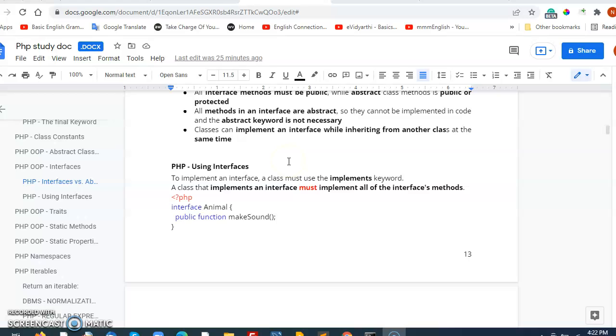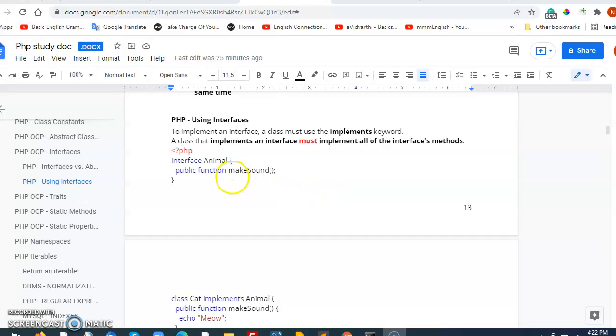Next point is PHP using interfaces. This is the implements keyword we have used. A class that implements an interface must implement all the interface methods. If we implement the interface, then we need to define or use those methods. And here is a